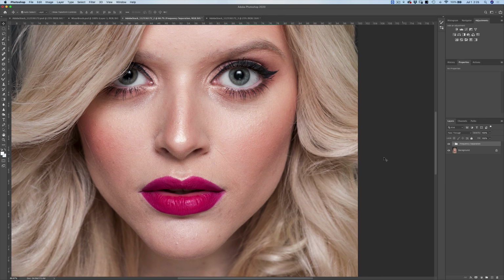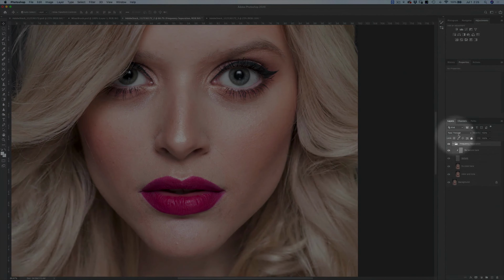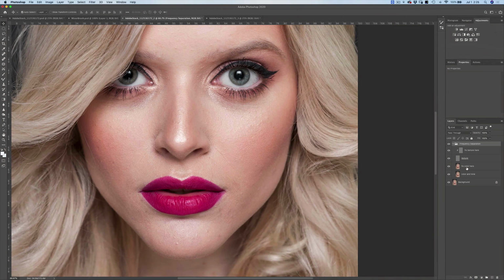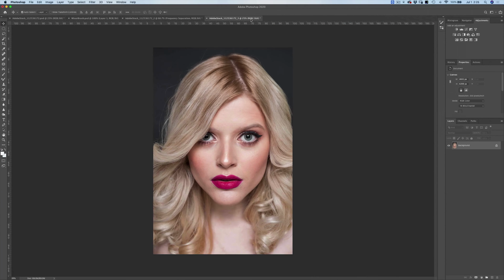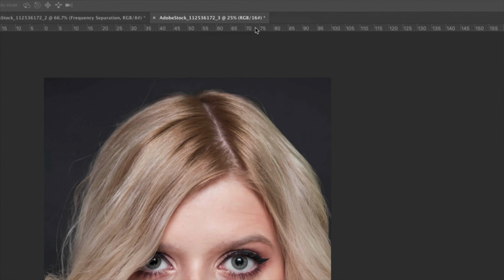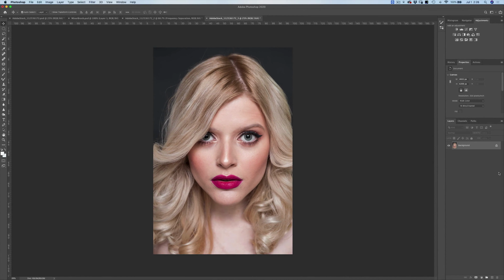Now, what do we do if our image is in 16-bit? Remember that you are going to get an action for this entire layer setup in the course materials for this class. There are a few different settings if, for example, your image is in 16-bit. So let's show you those. We're going to flip over to the exact same image, but as you can see up here, the image is in 16-bit instead of 8-bit. And I want to show you how to do the layers in that. I am going to go at a little bit of a faster pace for this one because I just went through all of the steps in the 8-bit. I'm just going to show you the different settings, okay?